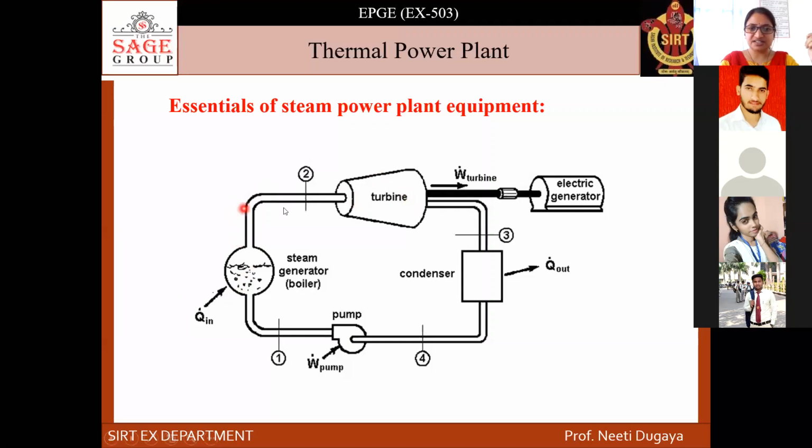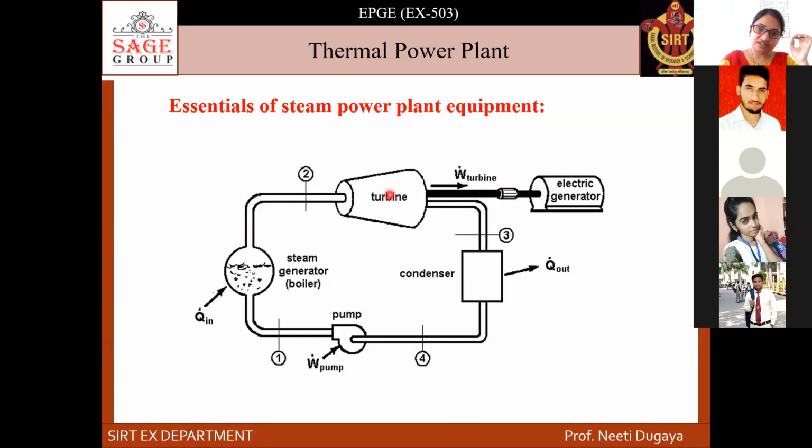Lots of arrangements are there before feeding the steam here, right? It is not as easy. There is an economizer, there is a preheater, there is a moisture absorbent assembly. So many things are there. So the superheated high pressure steam is sent to this turbine, and the turbine rotates. As you can see, this black solid rod is known as the shaft, right? So the rotor of the shaft and the rotor of the turbine are connected together.